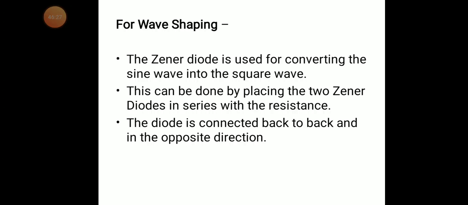So coming to the second diode, it will be 0. Next, when it goes to forward bias, the first diode will be on, but there is no voltage drop, it is short circuit. The second diode goes to reverse bias and it will be on at VZ2. Like that we get the upper side VZ1, lower side VZ2. If both values are the same, VZ, we will get the square wave. So like this we are shaping the waves by using the Zener diode.